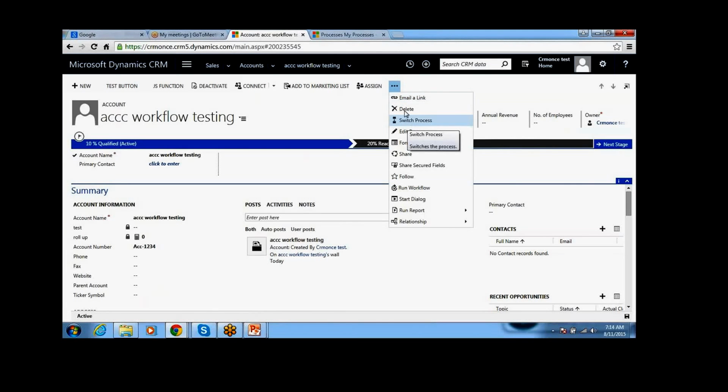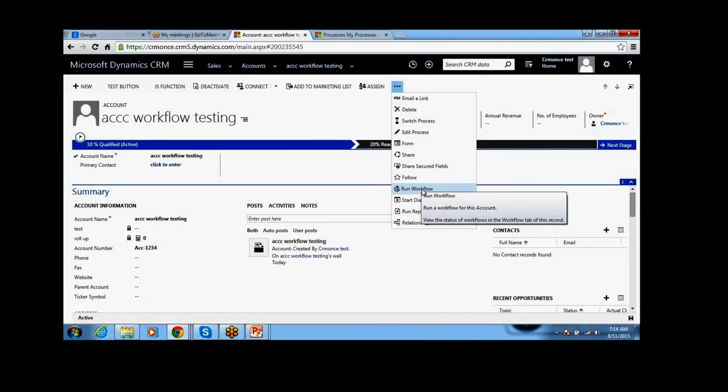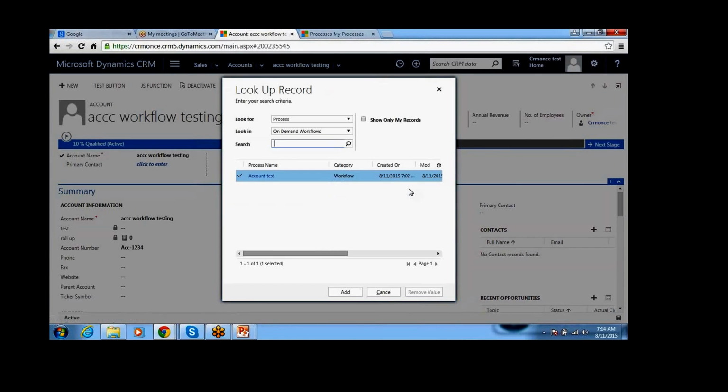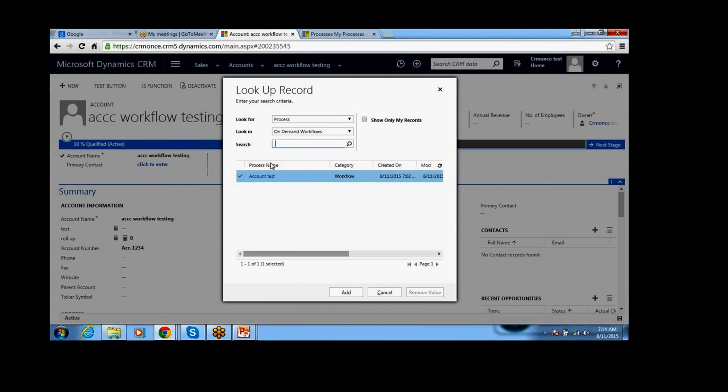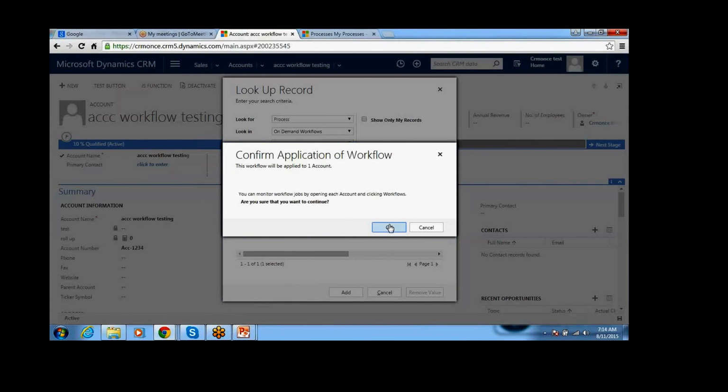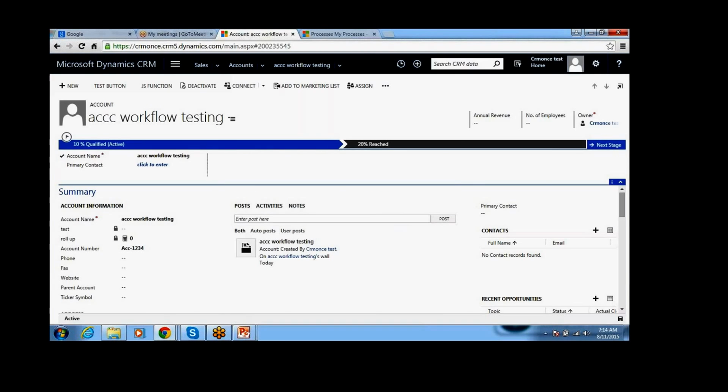So click on here, run the workflow. Whatever workflows we have created as on-demand workflows, you can select and execute. Only these workflows the users can execute.